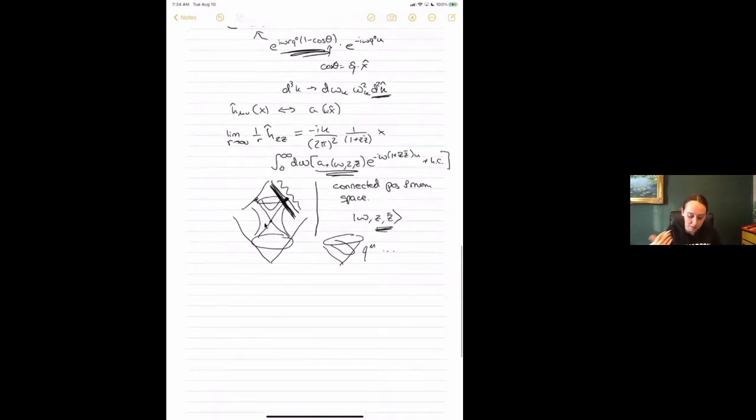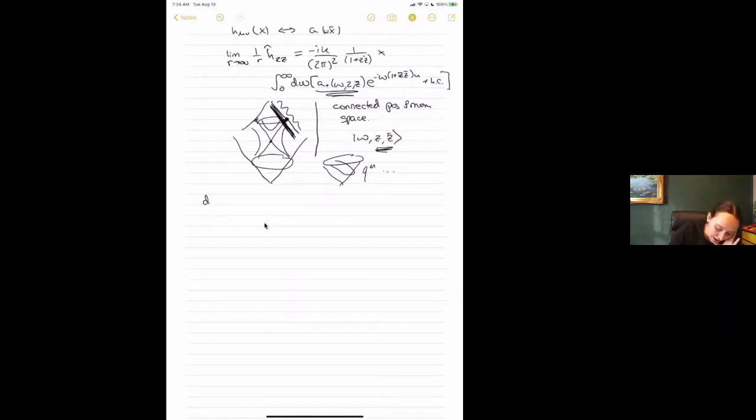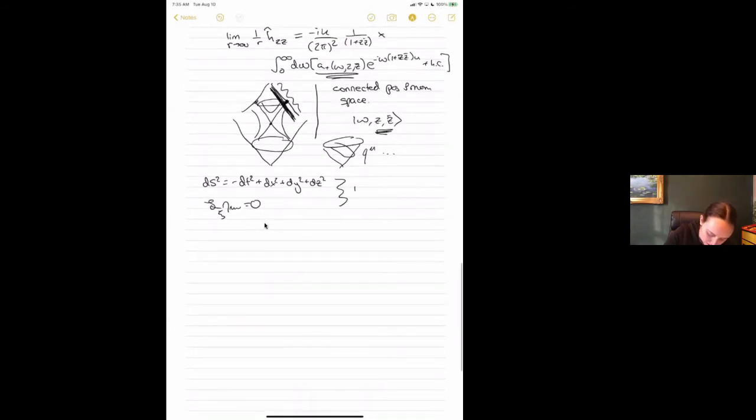So the point being here now, let's think of the following as well. Normally if I have my metric, which is just negative dt squared plus dx squared plus dy squared plus dz squared, then what I would look at is isometries of this metric. So typically when I'm studying these single particle states, I'm looking at irreps of Poincaré, which are the isometries of this. So whatever variation I'm doing, I want the Lie derivative of eta mu nu along my vector fields to vanish. So this is the isometries.